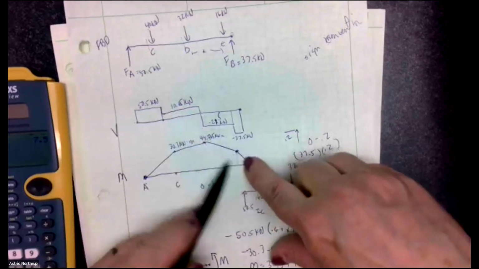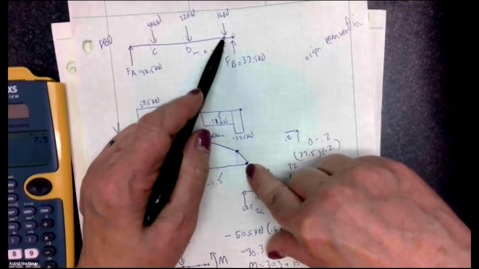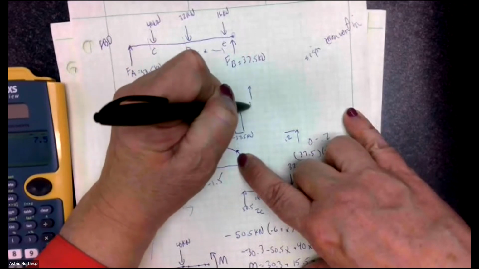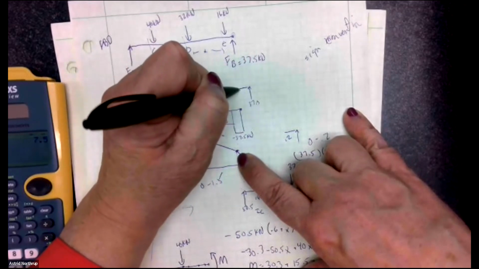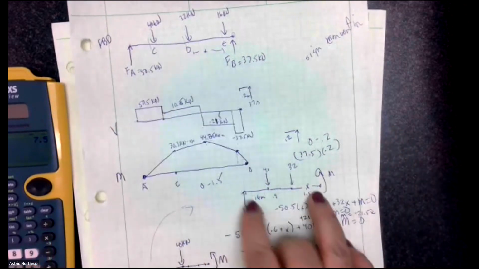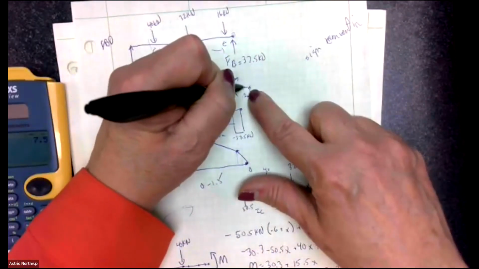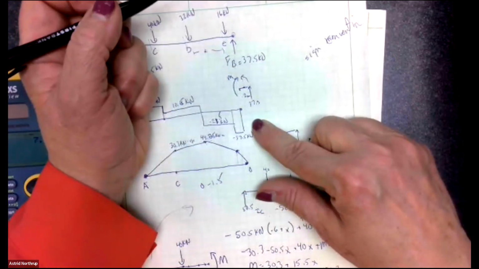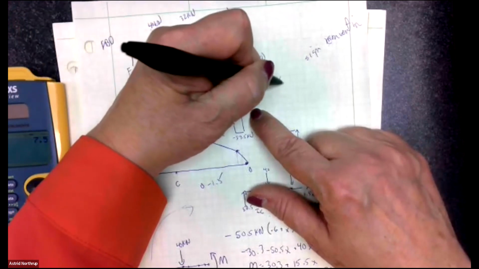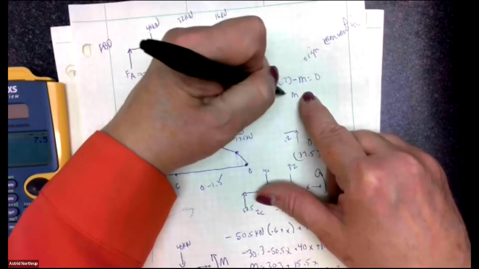What is this number is my question. When we get right to here, before we get to that point, this one's 16. Okay, so that's why it decreases at that rate. But here, if we look at it from this side, we have 37.5 moving over 0.2 meters is all. Is that right? Yep. So if I did it that way and I draw my moment like that, and I have an X here, so this would be negative 37.5 times 0.2 minus M equals 0. So we get M is,